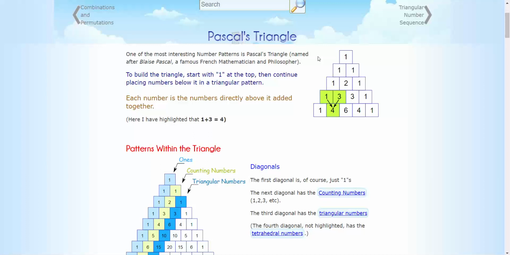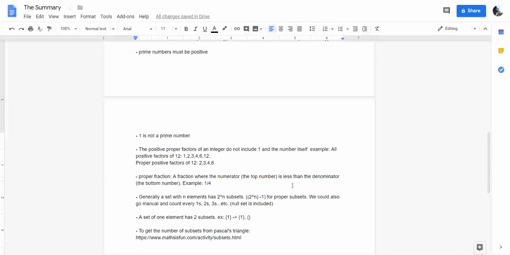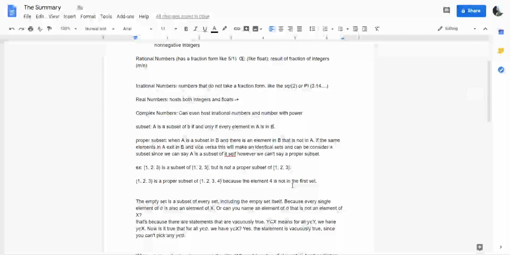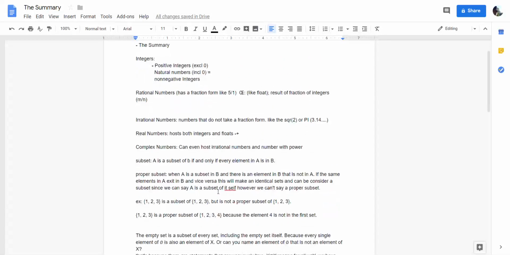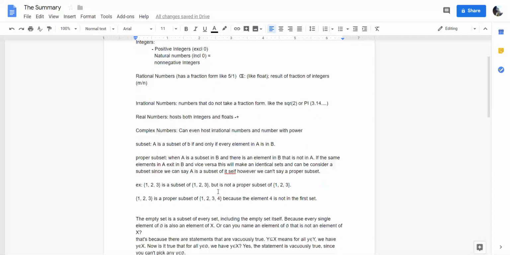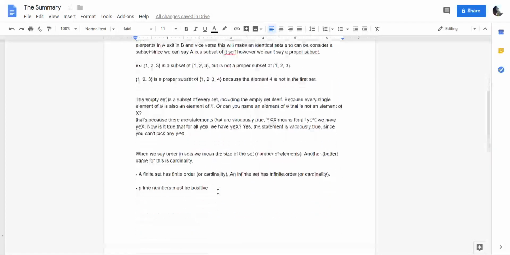Anyways, to quickly recap on what we've done yesterday. We revisited the basic terminologies: natural numbers, positive numbers, rational numbers, irrational numbers. Then we also talked about subsets and how the empty set is part of every set, regardless of what that set is. And we've also talked about